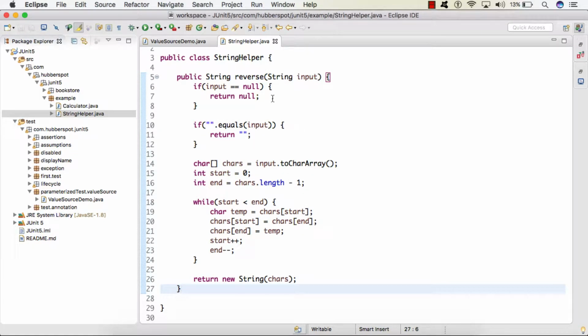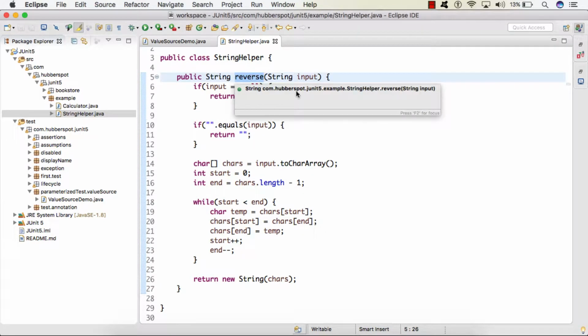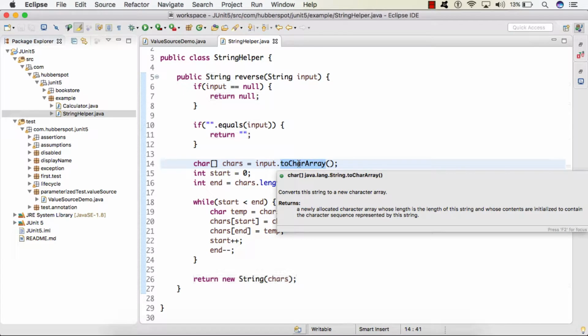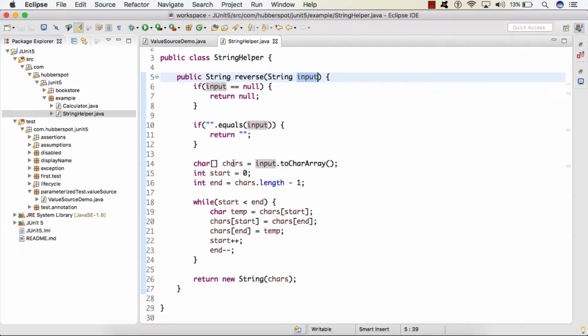So friends, here you can see that we have created a method reverse which takes a string, reverses it and returns it. We are converting this input string to a char array. We start with the first index and last index.